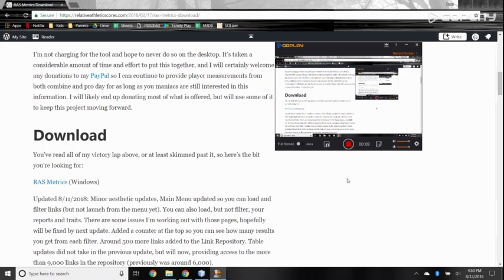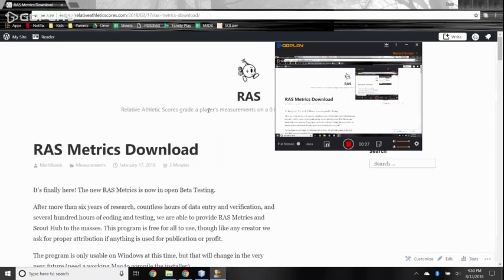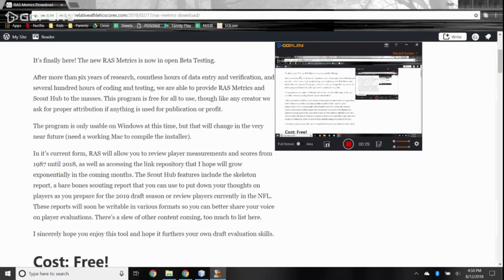I'm going to walk through a couple of features for the application, starting with just how to install it and how to do updates. Both the original install and any updates are going to be done exactly the same, so it's pretty simple. But people had requested that I do one, so I'm going to do a quick tutorial on how to do that. So of course you go to the actual download page at relativeathleticscores.com and you go to